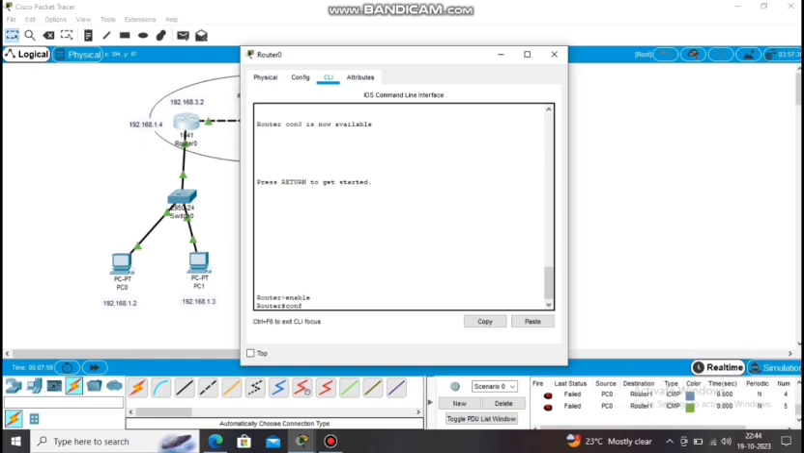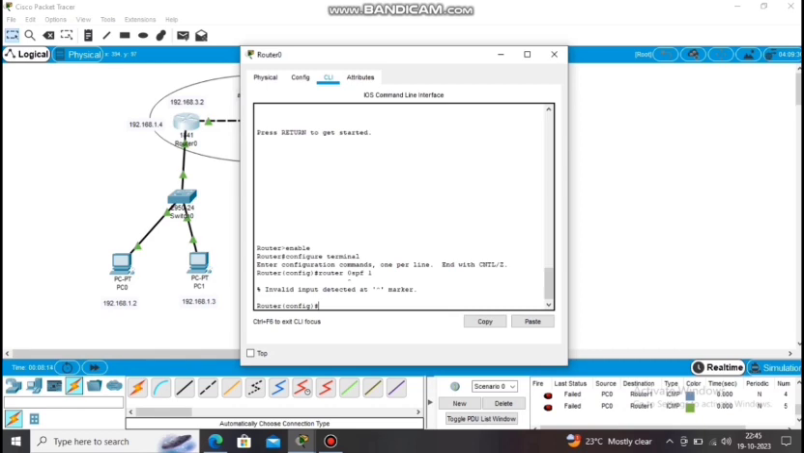then press enter, then write configure terminal. After writing enable, write configure terminal. After that, click enter and write router ospf 1. Now write router ospf 1. After writing router ospf 1,